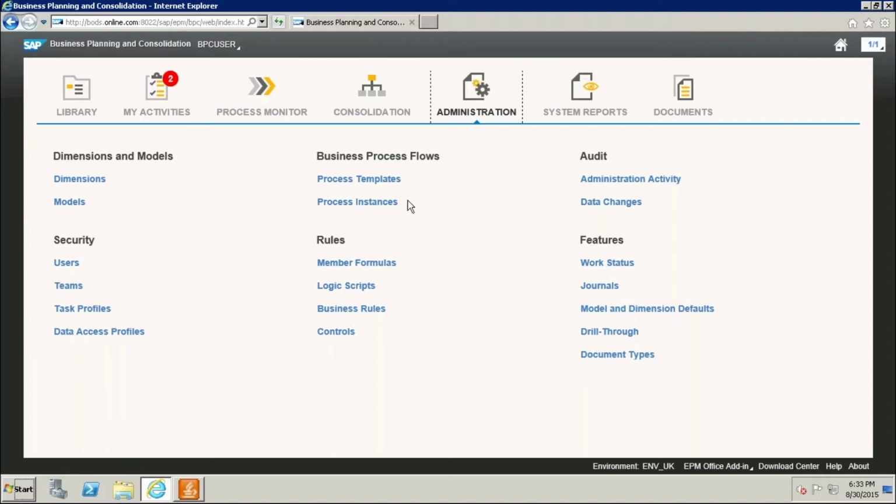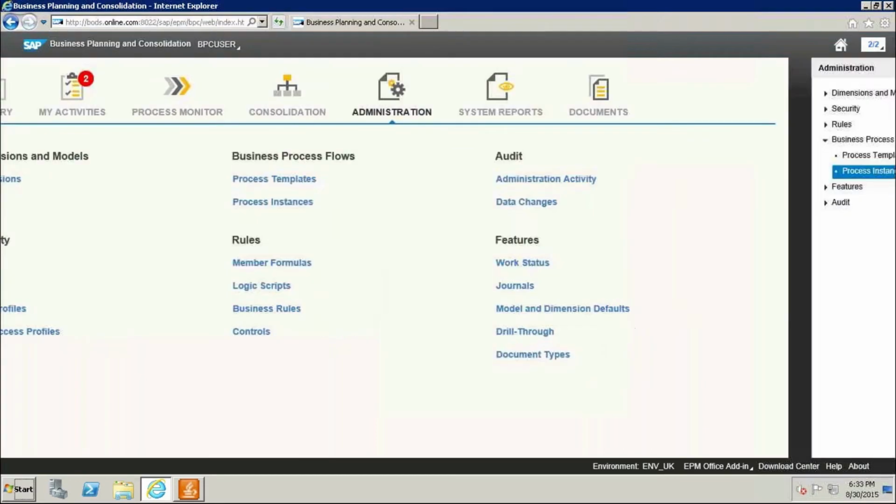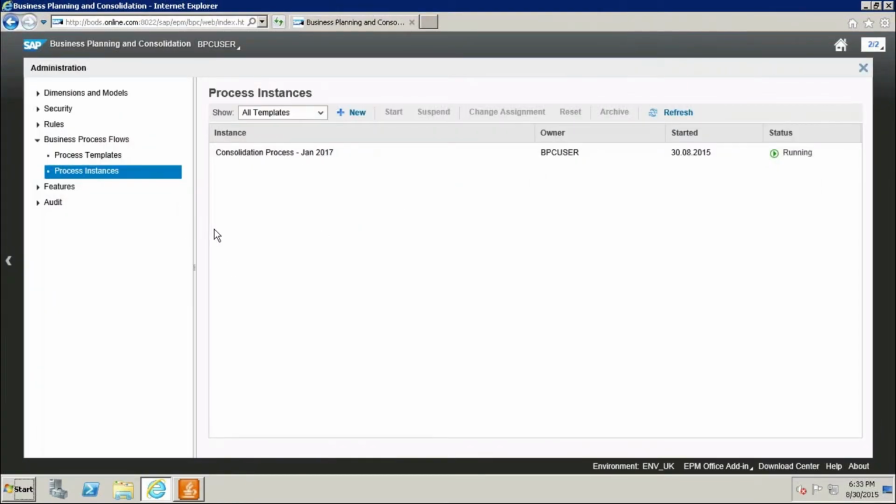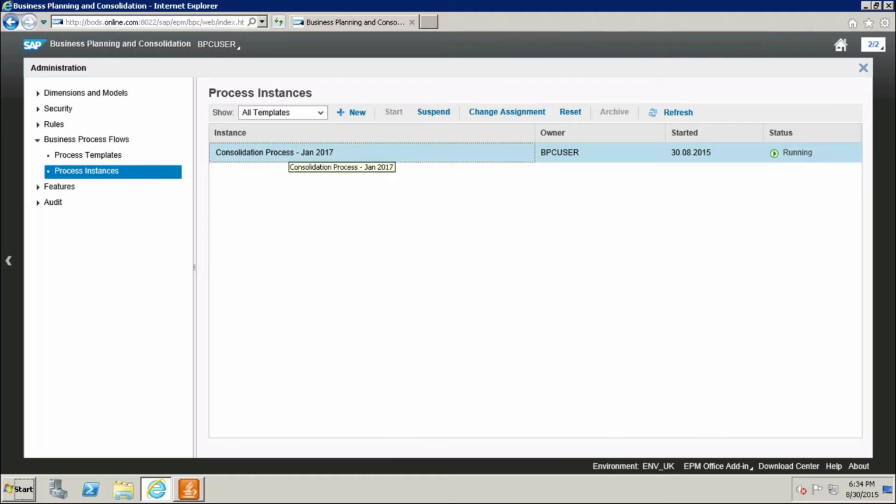Okay, from the morning where we left, from there I'm going to start. In the admin, we created the process instances. After creation of the template, we created the instances here in the consolidation process. Once this instance is set to running status, that means we started, and this instance is done by the admin and will go to the user.